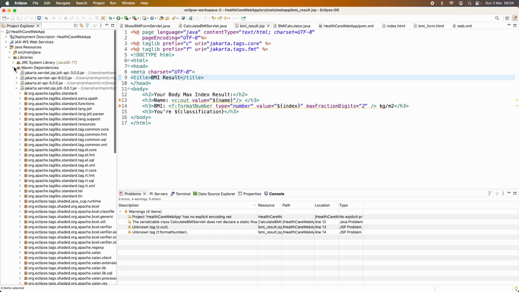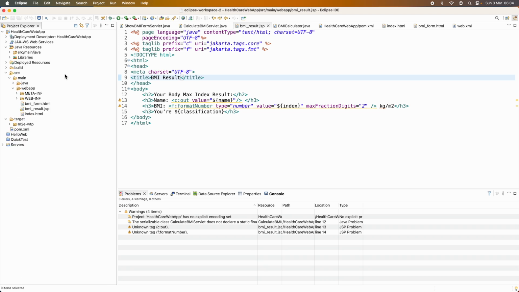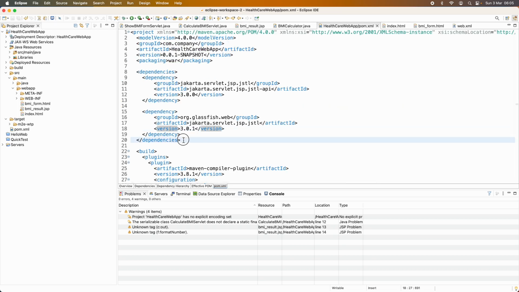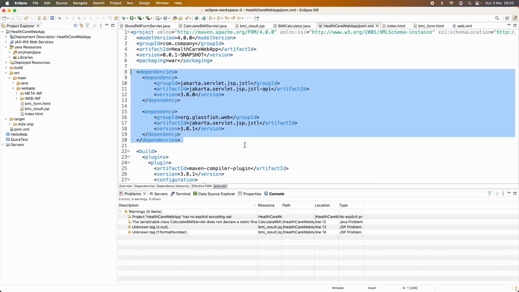Okay, you see. So to solve the error cannot find the tag library descriptor, you need to add these two dependencies in the Java web project.